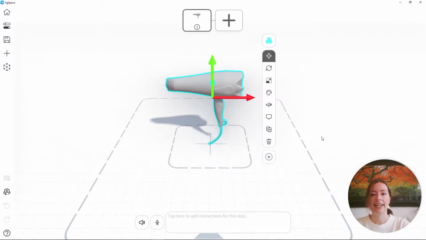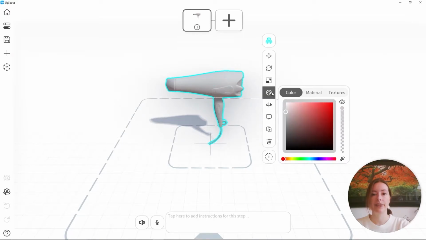So as you can see, our model is loaded into the scene, and on the right-hand side, we have the Jig toolbar. This contains a number of tools that allow you to move and interact with your objects in the scene. Right now, we're on the Move tool. We also have the Rotate, Scale, Color, which allows you to change color, transparency, as well as the materials or